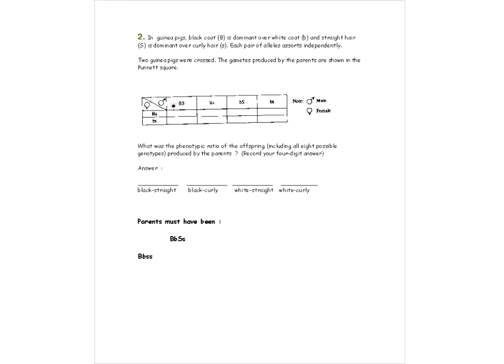Okay, if we look at this parent here, this is the male parent that has these 4 different possibilities. This parent must have had these genes: big B, small b, big S, little s. The reason is, if you look at the results, you can see that some of the genes are big B and some are small b. So the parent must have had both a big B and a little b gene. In the same way, it must also have had big S, little s,